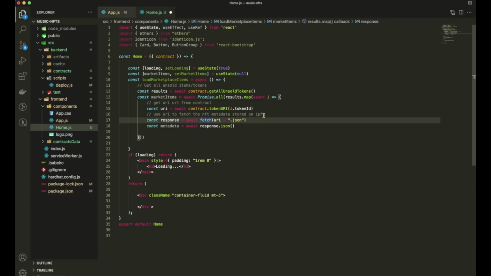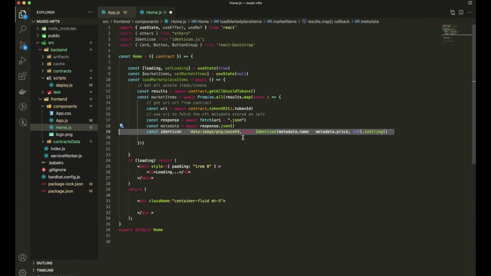And then we're going to use the URI to fetch the NFT metadata stored in IPFS using JavaScript's fetch API. To do that, we pass in the returned URI plus the file extension, so .json, and that'll return a response, and then we call the .json method on the response, and that will eventually return the